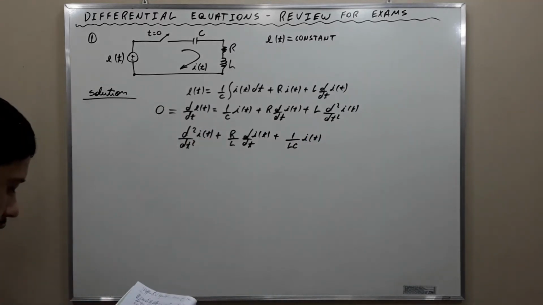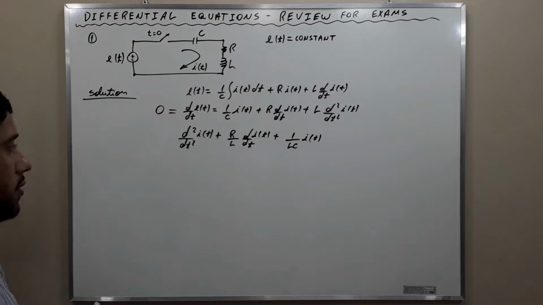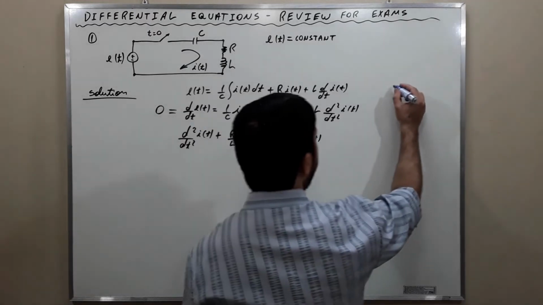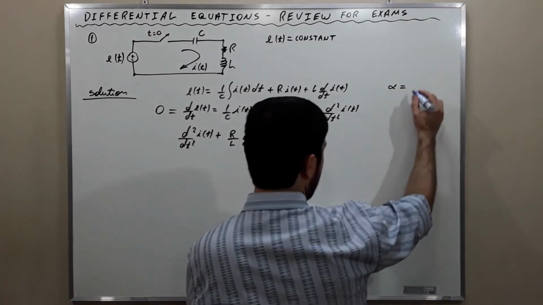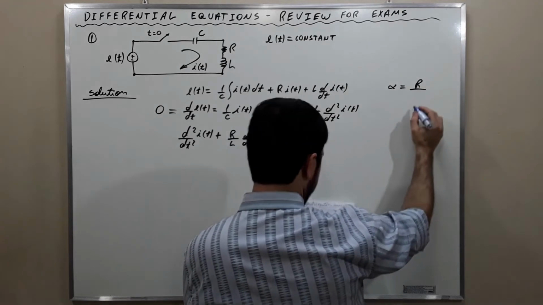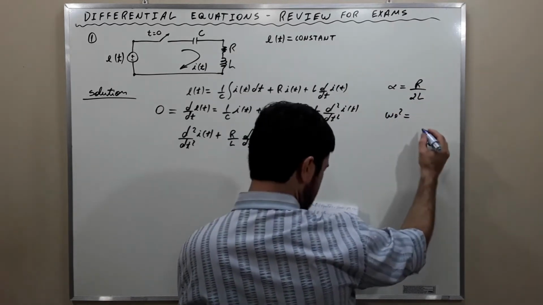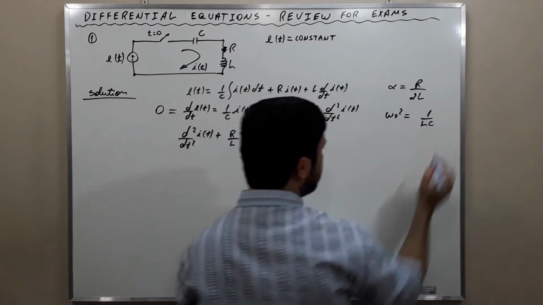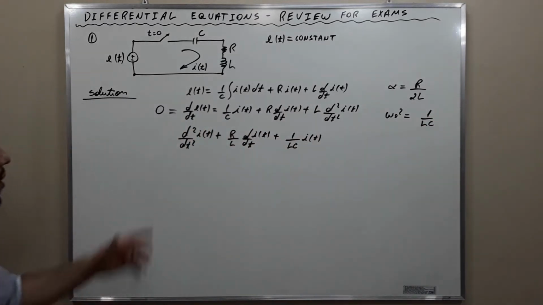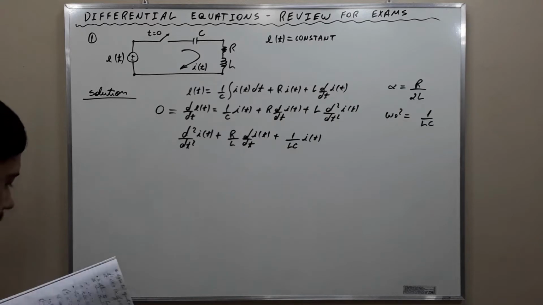We're going to use the following technique that is frequently used in control engineering, which is to call alpha equal to R over 2L and w0 squared equal to 1 over LC. And in this way, the differential equation becomes